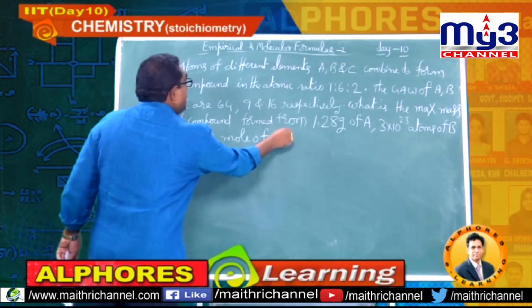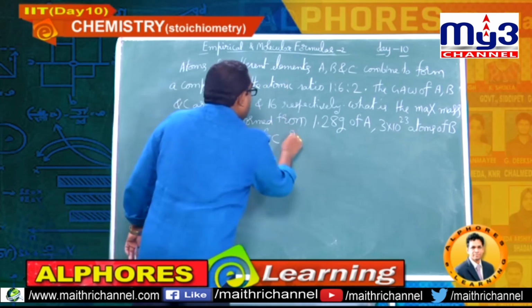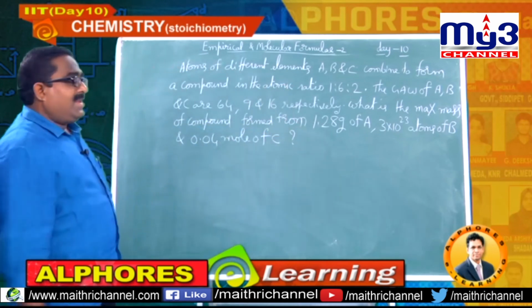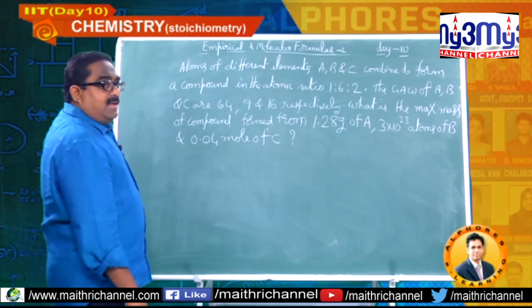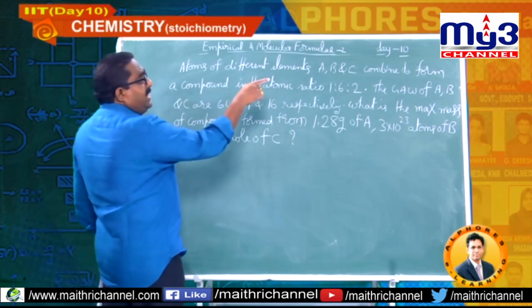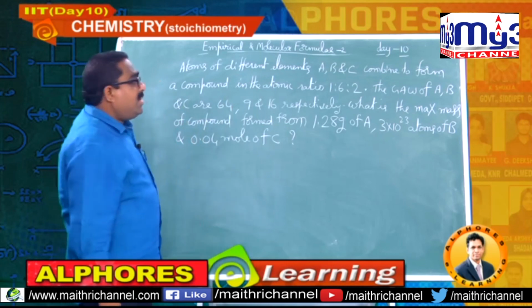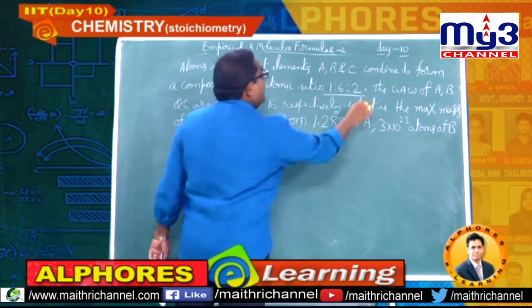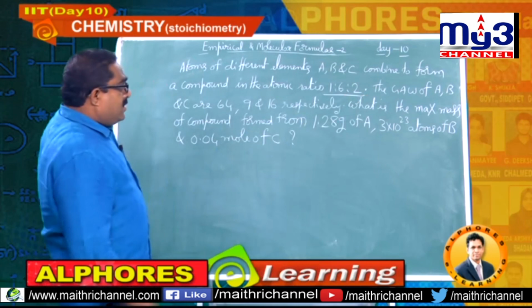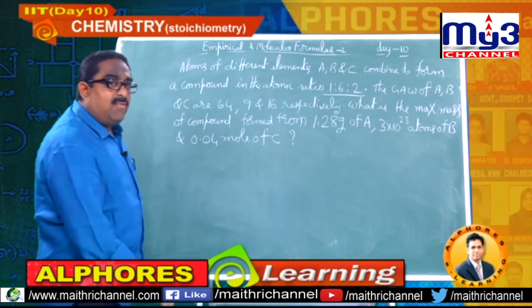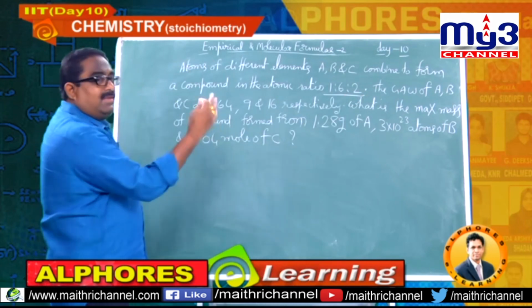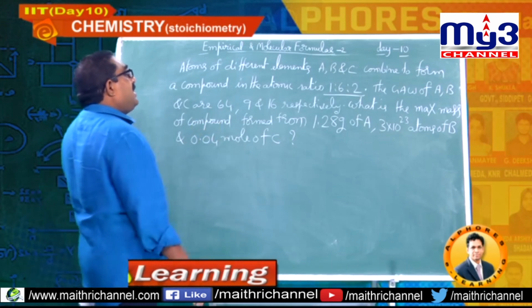That is the question. I am repeating the question. Write down. Atoms of different elements A, B, and C combined to form a compound of atomic ratio 1:6:2. So indirectly he has given the empirical formula AB6C2. Okay. If the gram atomic mass